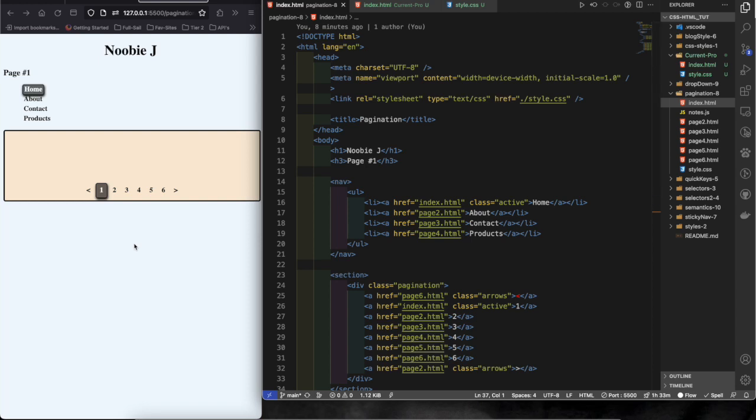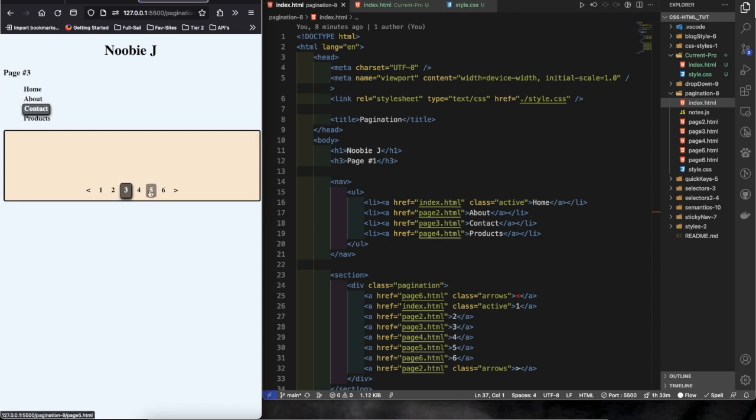Okay, so we'll be using HTML and CSS to build a pagination. What that is, pagination, however you say it. As you can see right here, I put a little navigation bar, and also right here are paginated pages. If we click on, say, the number 2, it will go to the second page. If we click on back to home up here, it will go back to the home page, which is page 1, or you can go to page 2, page 3, and page 4 by the navigation unit,